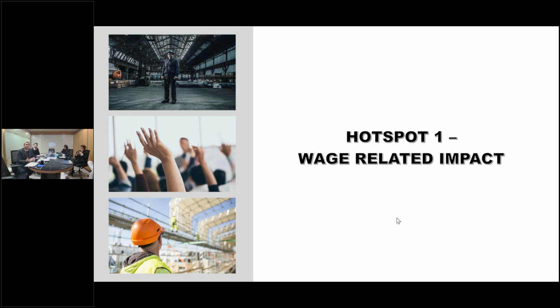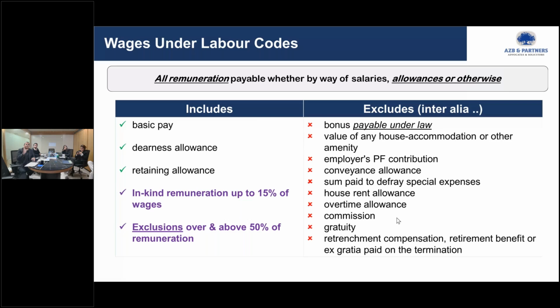And some of you would have read, and this has been discussed. Now, this is what a wage under labor code looks like, right? The definition of wages divides the wages into two parts. It says all remuneration, which means anything I want to give to the employee for coming to work and doing his job, by way of salaries, allowances, otherwise, right? Big term, all encompassing terms. It includes basic pay, DA, a retaining allowance, and I'll come to the last two bit specifically on the inclusion,